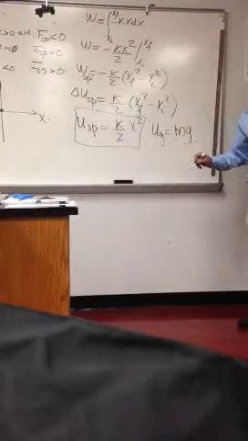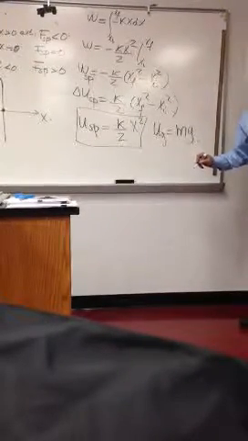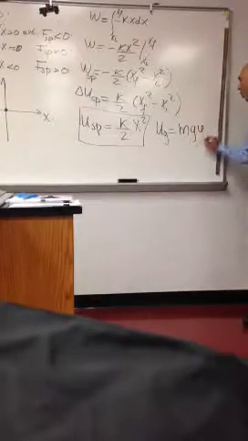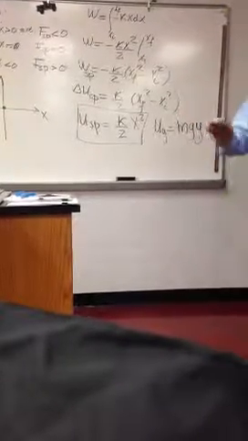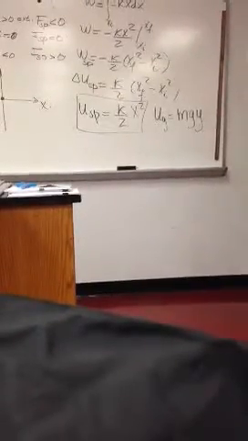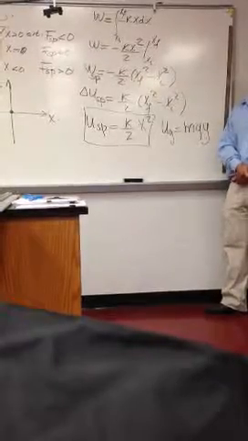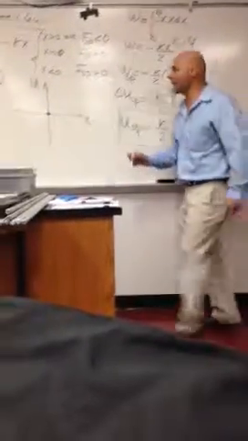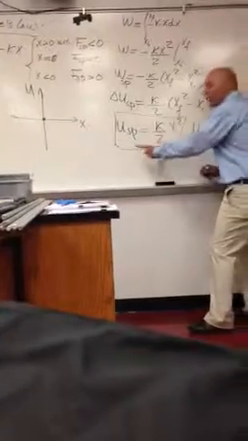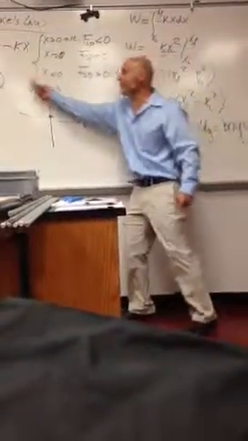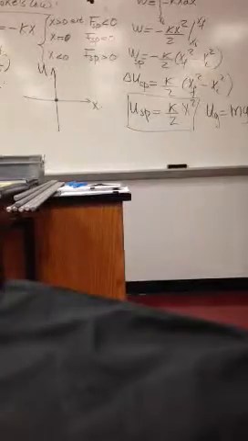Have you seen that before? mgh, that's potential energy gravitational. This is the mgy we are talking about. This is with respect to 0 at any point. So at the point of equilibrium, what is the potential energy? 0. At the maximum point, if it's k over 2 x squared, and you graph the potential energy versus x, how will the graph look? A parabola. Right? So imagine that I put this spring here,